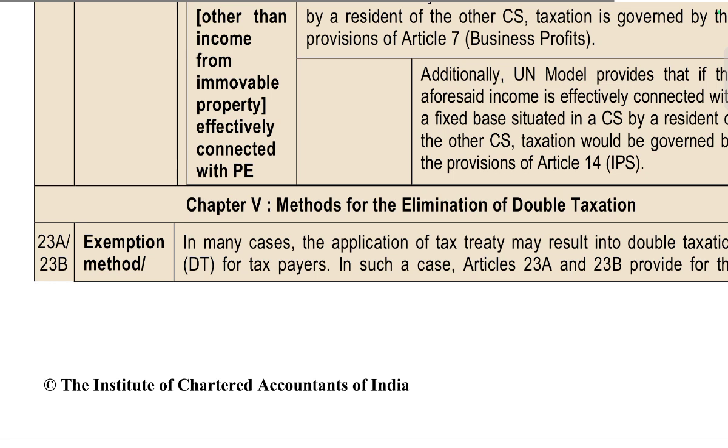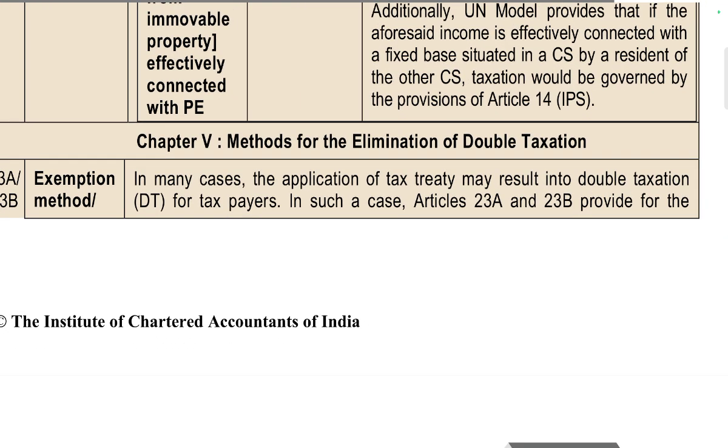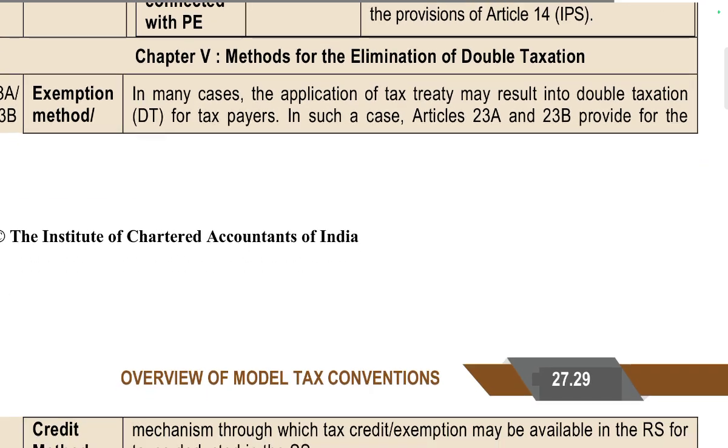Methods for elimination of double taxation: Articles 23A and 23B, the exemption method. It may be noted that the application of tax treaties may result in double taxation of the taxpayer, in the case of Articles 23A and 23B, provided that